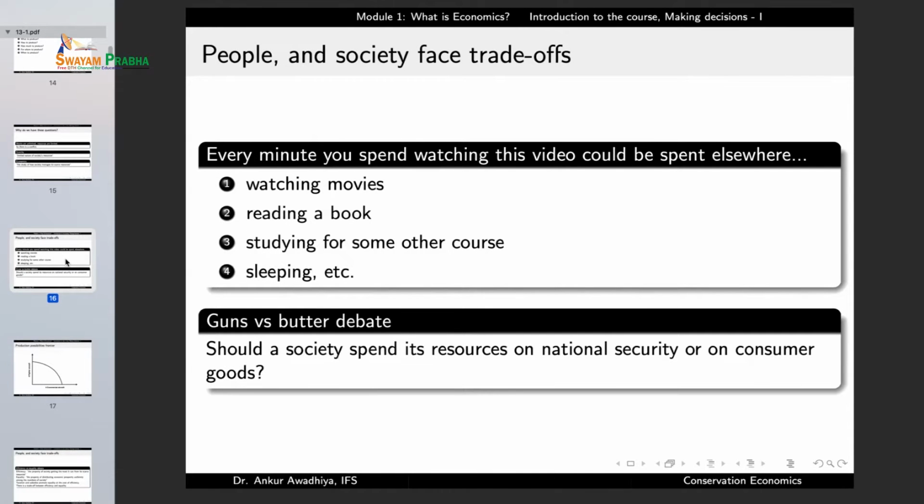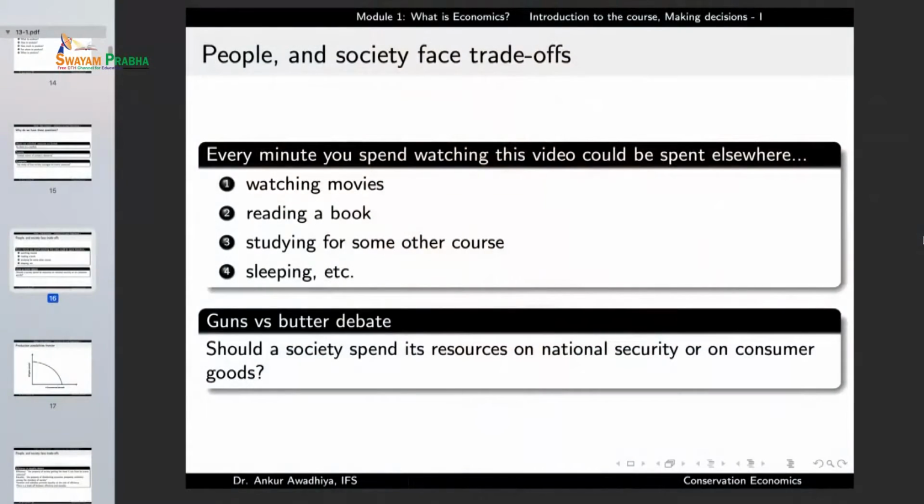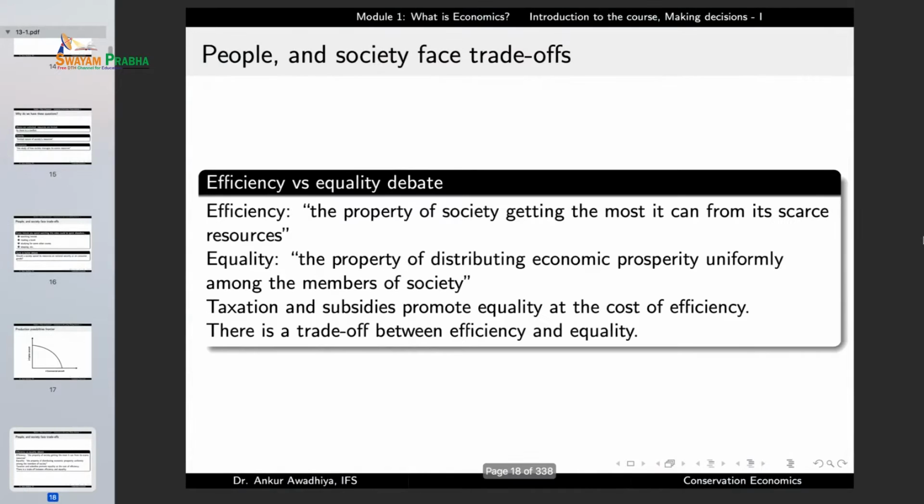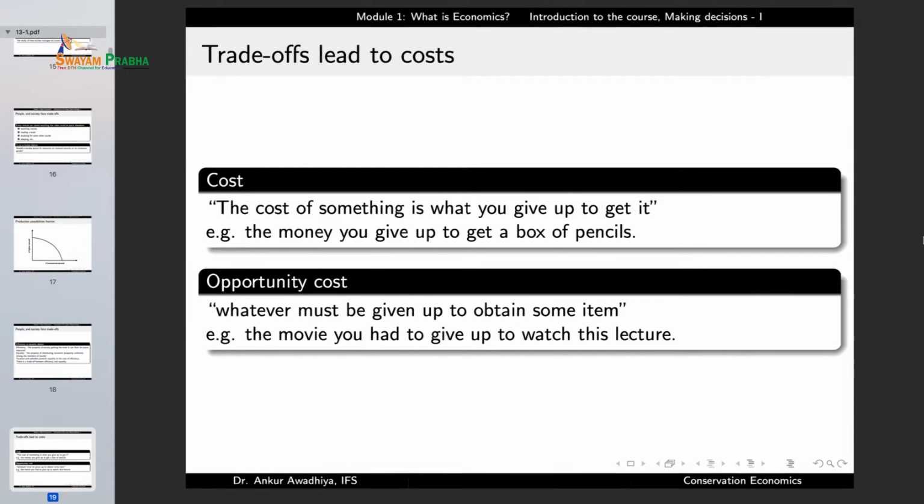And here we saw that there are trade offs everywhere. We need to decide whether to have more schools or more hospitals or more conservation. So, conservation is but one of the things that requires resources. And so, if we need to devote resources towards conservation, we will have to prove its worth: that yes, such and such amount of money has to be put into conservation because it leads to such and such benefits. And we looked at things such as the production possibility frontier, the efficiency versus equality debate, and cost.